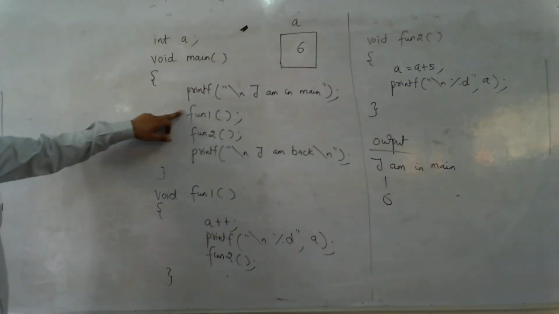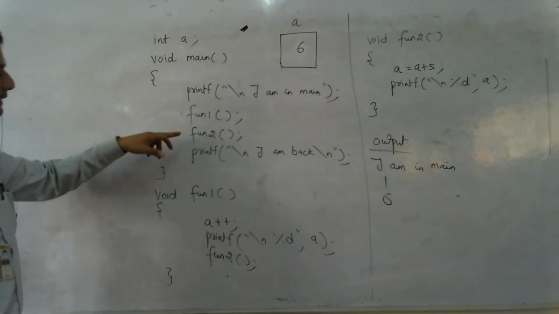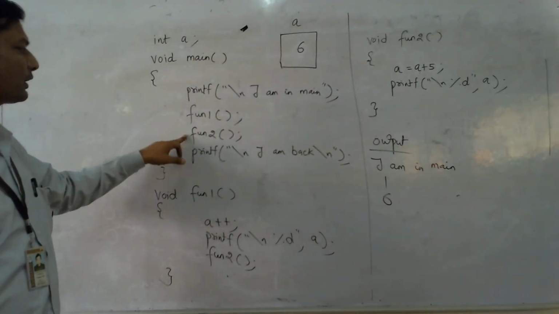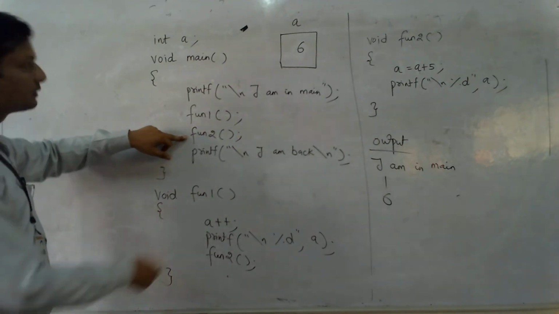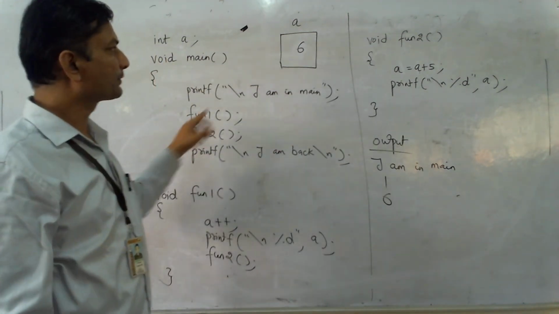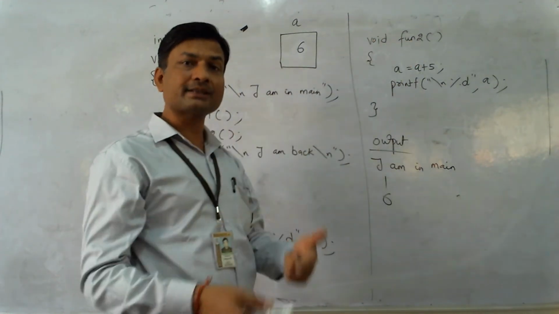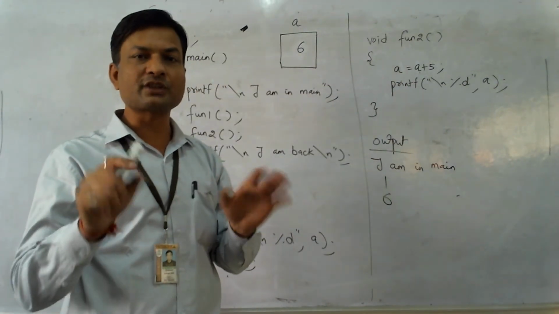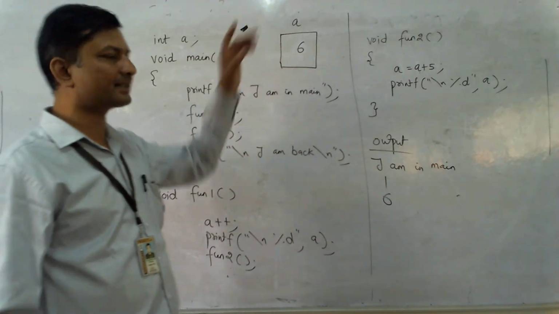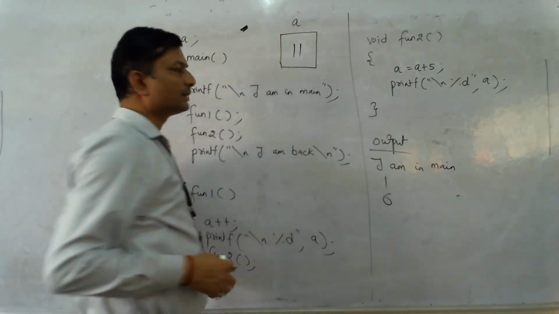Now, as we can see that this statement is executed, the control will jump to the next statement. In the next statement, the function fun2 is called. So the control will jump to fun2. Where is fun2? There. From this place, control will directly jump to fun2. And after executing all the statements inside this function, the control will return back to the place from where it jumped. In this function, the value of a is increased by 5. What is the value of a? The value of a is 6. Now it will be increased to 11.